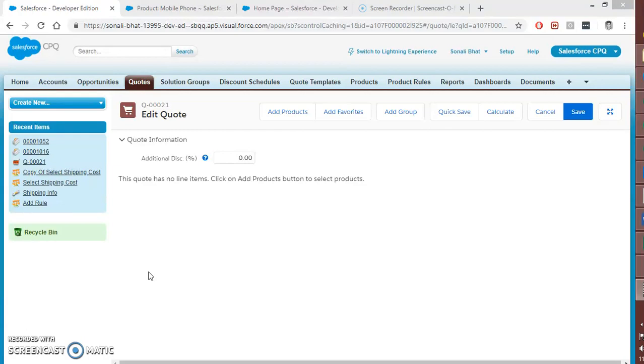So what is a configuration attribute? With the help of configuration attribute, you can modify the values of multiple product options within the same group. That will be useful to provide a more dynamic way to put more inputs during your quote configuration. So it is not necessary to always modify the product options.